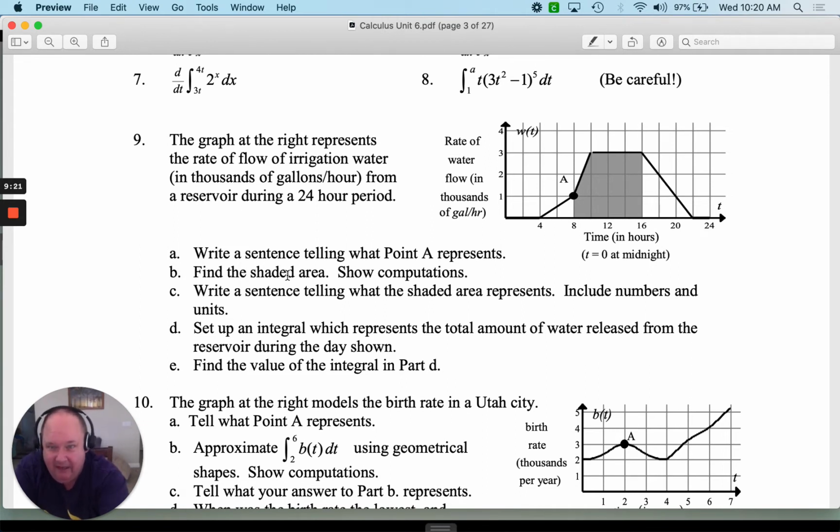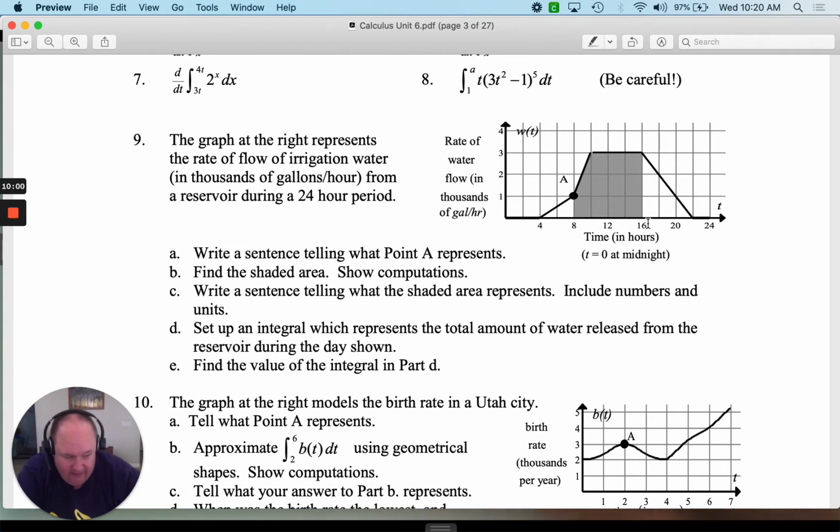9b, find the area of the shaded part. So when I look at the shaded part, you could break this down into different shapes. It's up to you how you want to do it. I see a big rectangle in the middle. Just be careful of the units. So the height of this rectangle is 3,000. Can you be careful about that? So what's the height? So I'm going to do a rectangle here. The height is 3,000. And the width of it is hours. How many hours is the width? It goes from 10 to 16. That's 6. So 3,000 times 6